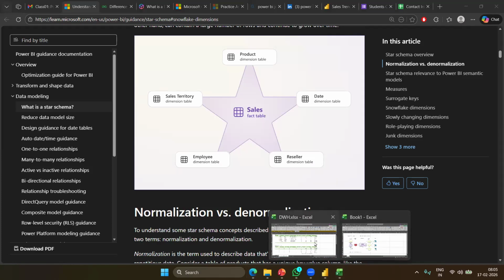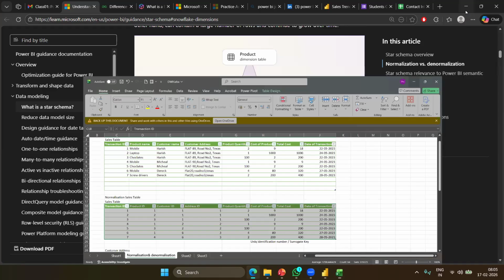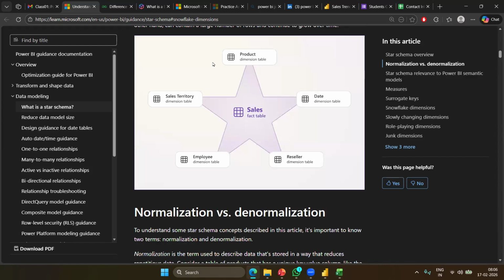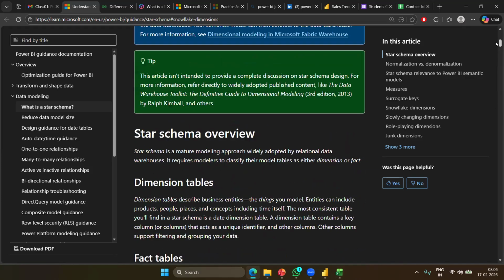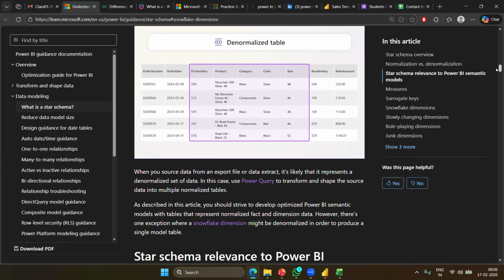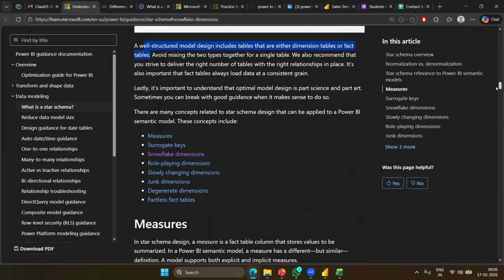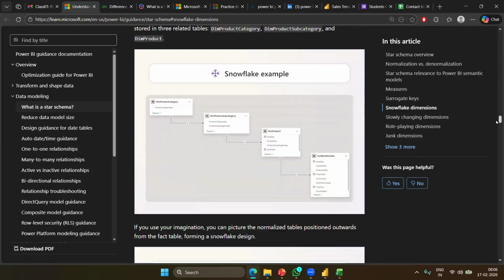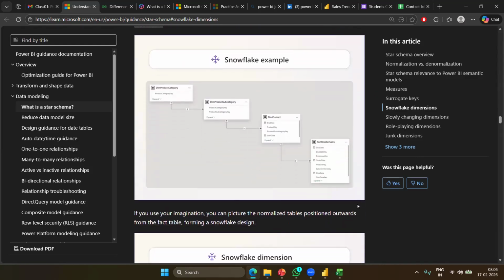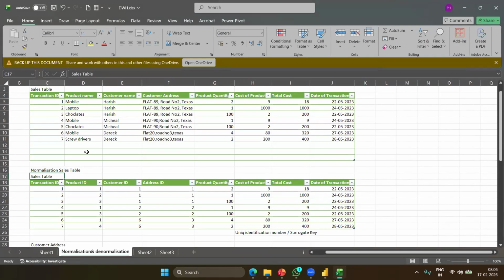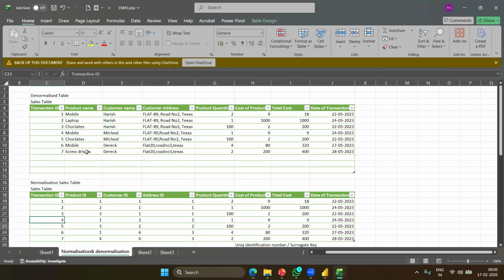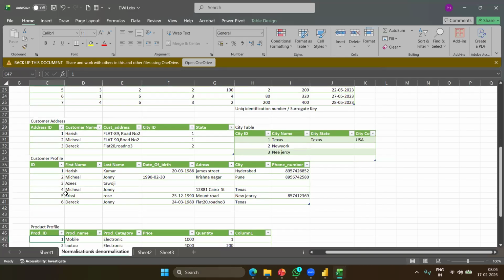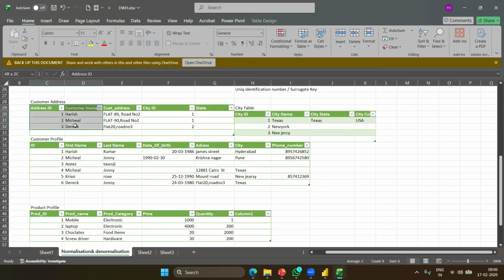Now, if there is only one level of relation, a fact table connected to the dimension, we call it a star schema. Okay, but in some cases, the dimension table would be referring to another dimension table. Here it is. One classic example for this is, say you have the address table here. If you see here, the address table would have name, address, and city and state.